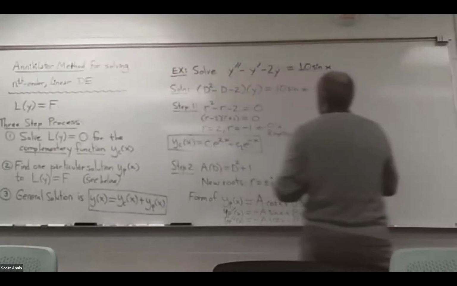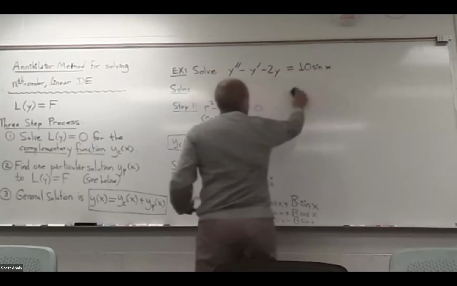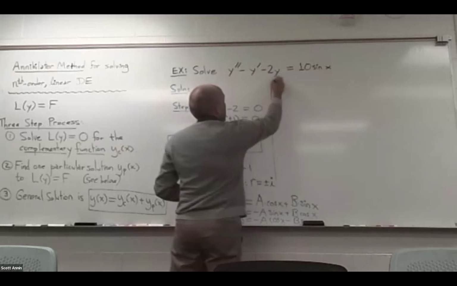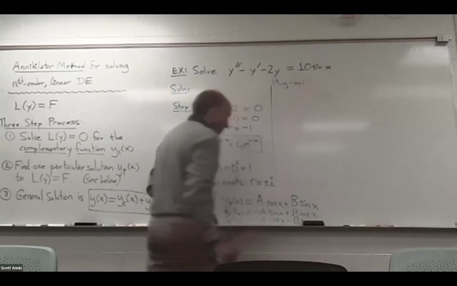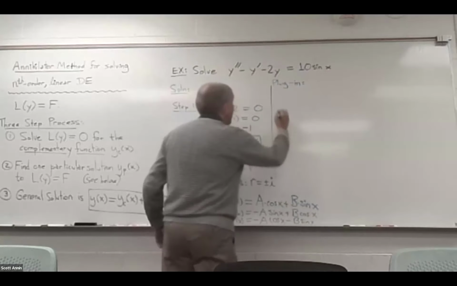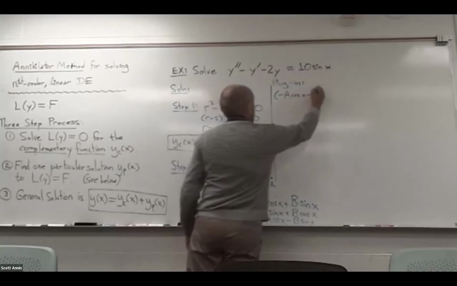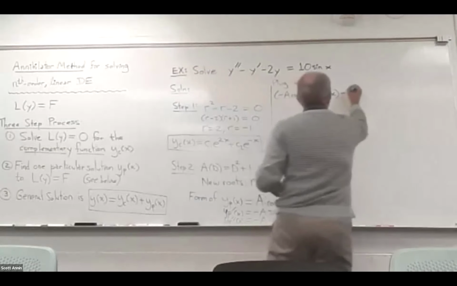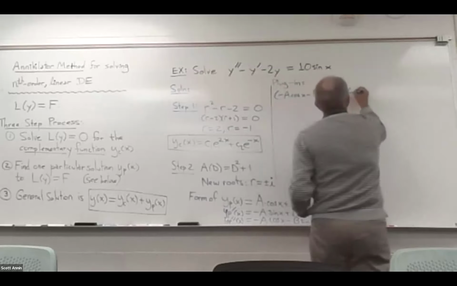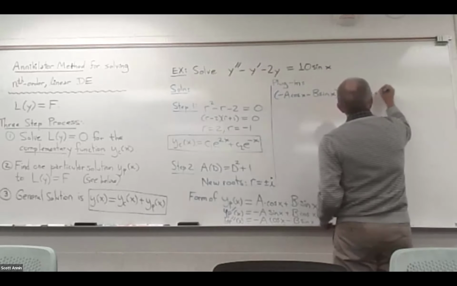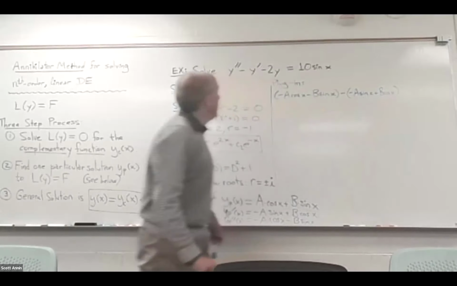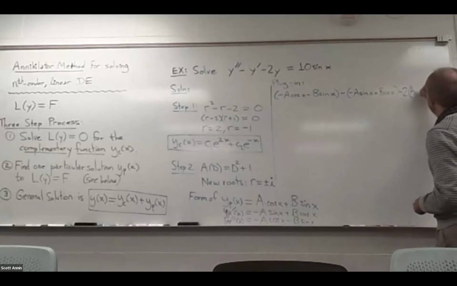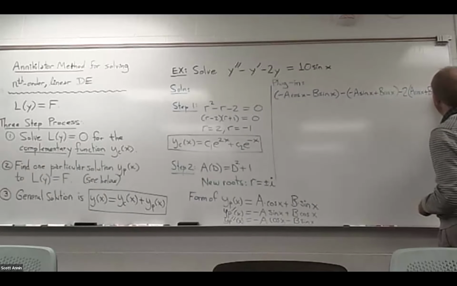And now I'm going to plug them in on the left side of my problem here. So the second derivative, let's see, what do we have? We have negative a cosine of x minus b sine of x. That's two derivatives of y. And then we have to subtract from that one derivative of y, which is negative a sine of x plus b cosine of x. And then I have to subtract 2 times the original y sub p of x, which is a cosine of x plus b sine of x. So all of that,